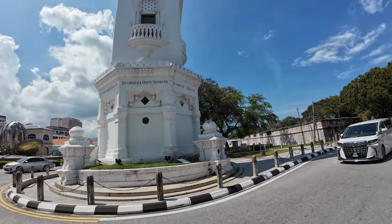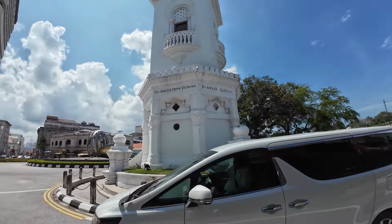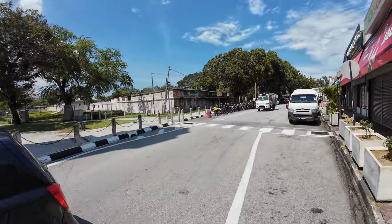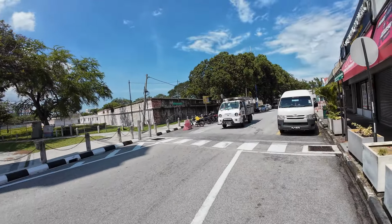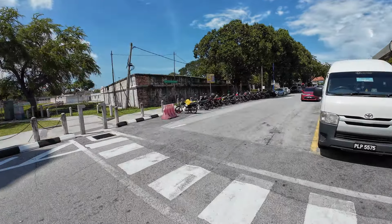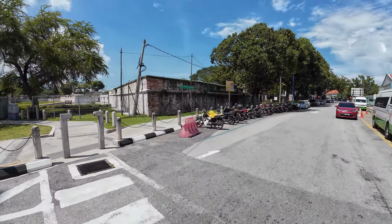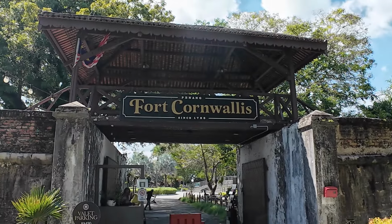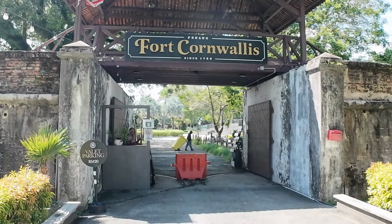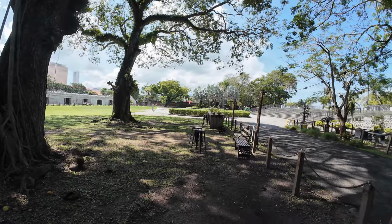in 1902 for the Diamond Jubilee. And in front of us is the old remains of the original fort. So this is called the Cornwallis Fort. They go into Cornwallis Fort, Fort Cornwallis, and once you're inside